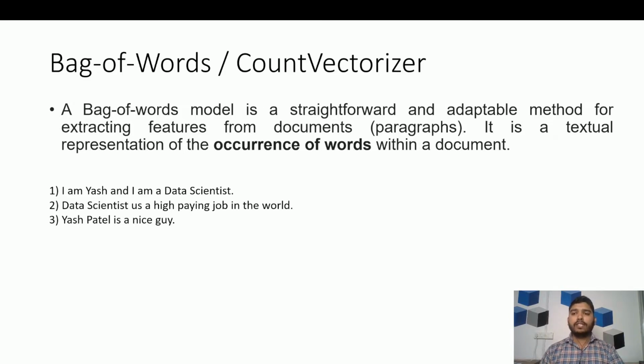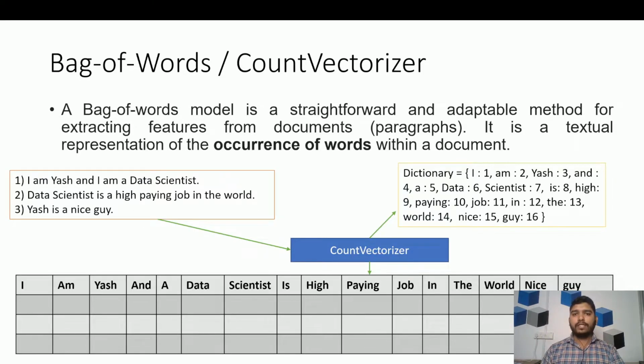Let's understand with a very simple example. Here I have taken three sentences. The first sentence is I am Yash and I am a data scientist. The second one is data scientist is a high paying job in the world. And the third one is Yash is a nice guy. So how can we apply the bag of words technique on these records? First of all, bag of words, or count vectorizer, makes a dictionary of unique words in the entire records. Here we have three sentences, so it will generate a dictionary, or we can say vocabulary, of these three sentences, right? So here we can say I is the first index, am is the second index, right? Likewise, it will take all the unique words of the entire data